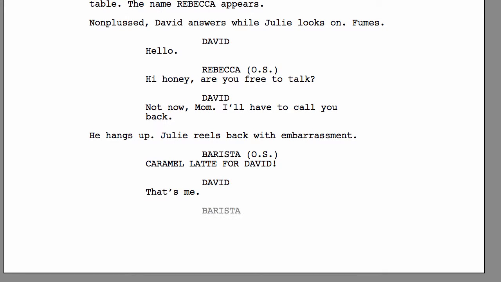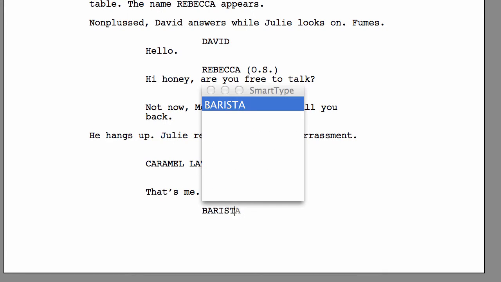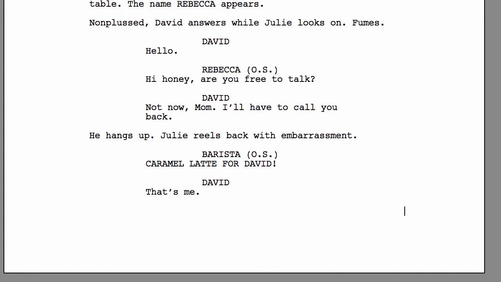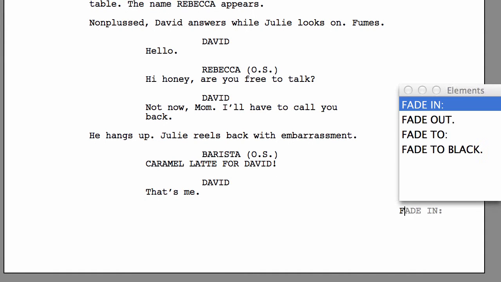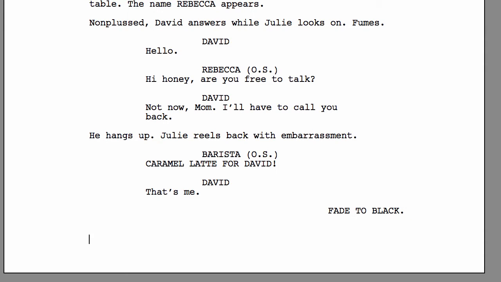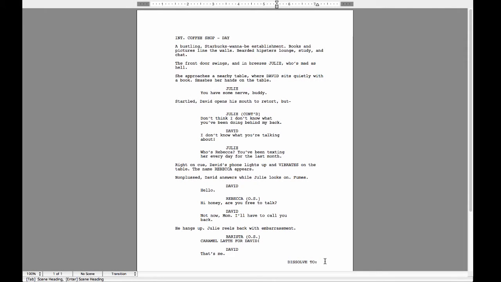At the end of your scene, you have the option to use a transition to the next one. If you picture the scene fading to black, then you'd enter the transition fade to black in the far right bottom corner. While some mediums have slightly different rules, this is most widely accepted as the basic formatting of a